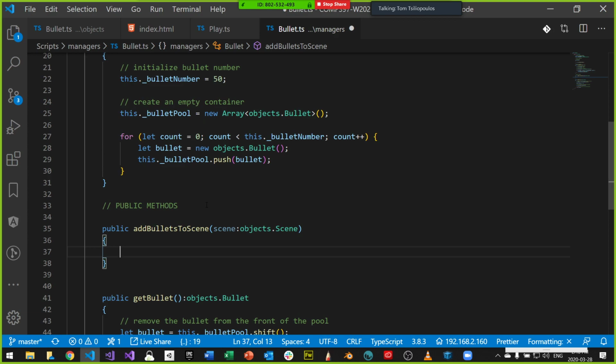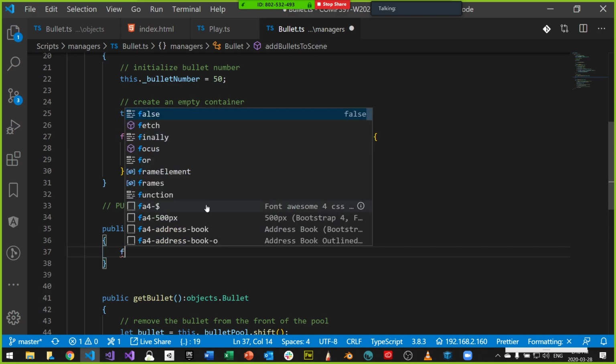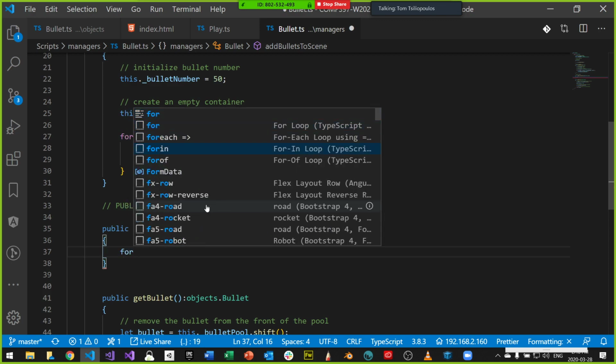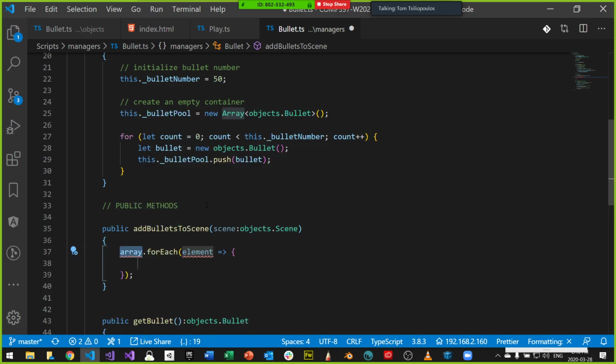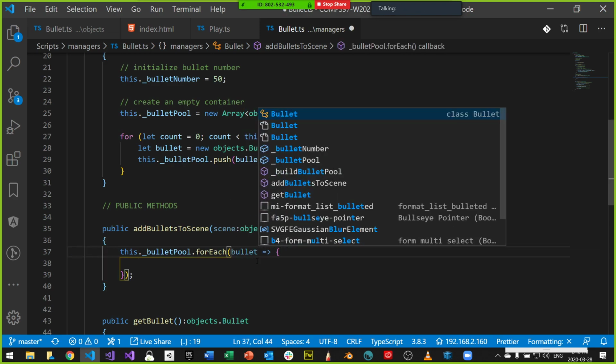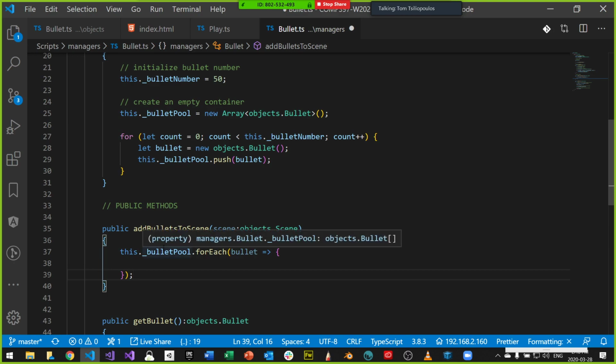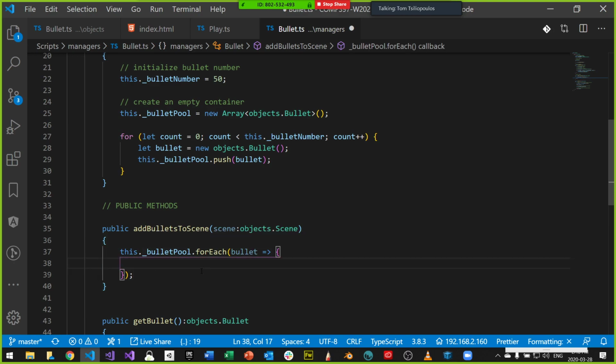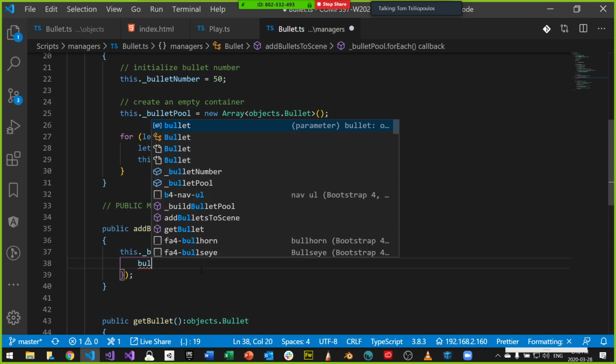What we're going to say is I want a for loop, a for each loop, let's say, for each bullet in this._bulletPool, that's how you read this, right? Then I want to add that bullet into the scene.